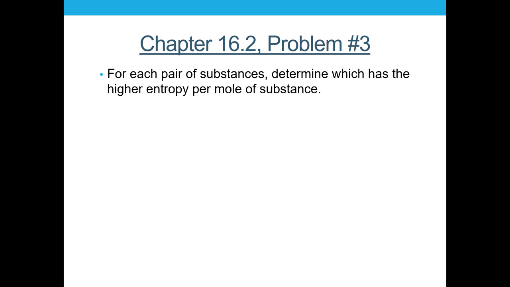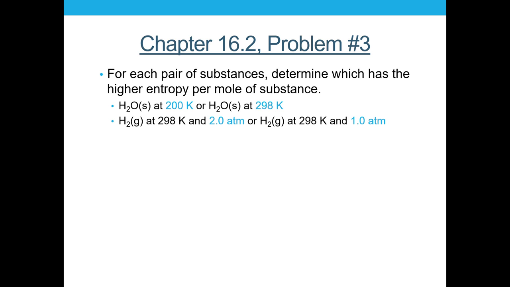Alright, so the problem we'll be working on today is in chapter 16.2, problem number 3. We're given pairs of substances, and our goal is to determine which of the two has the higher entropy per mole of substance. First, we're comparing water at 200 Kelvin versus water at 298 Kelvin. And then the next one is hydrogen gas at 298 Kelvin and 2 atm against hydrogen gas at 298